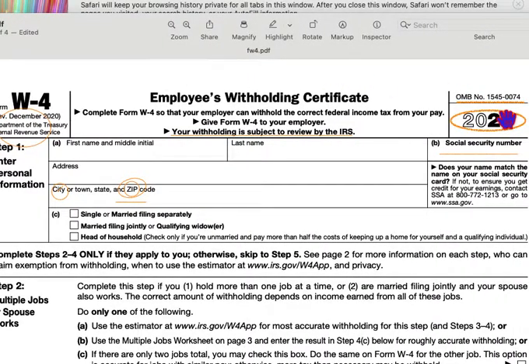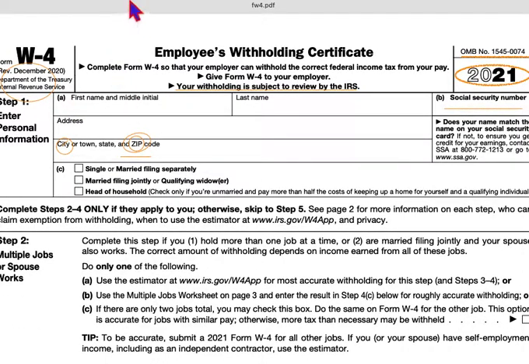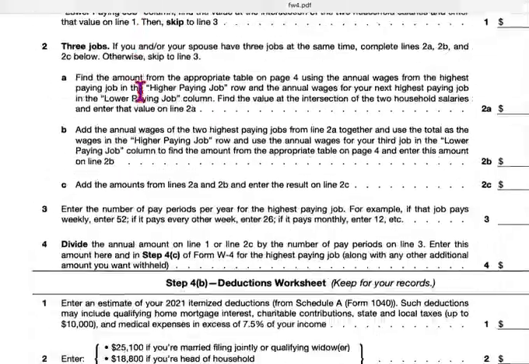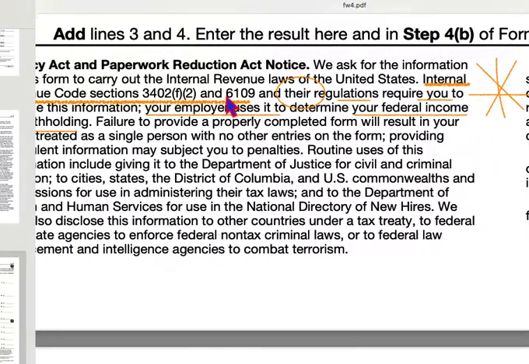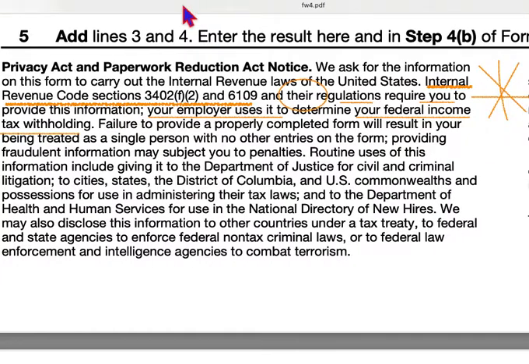OMB number 1545-0074, 2021, Form W-4, okay? We'll go down to the directions here. They cite it as, this is their citation, Internal Revenue Code Sections 3402 F2 and 6109. Okay, so this is not cited as a law.